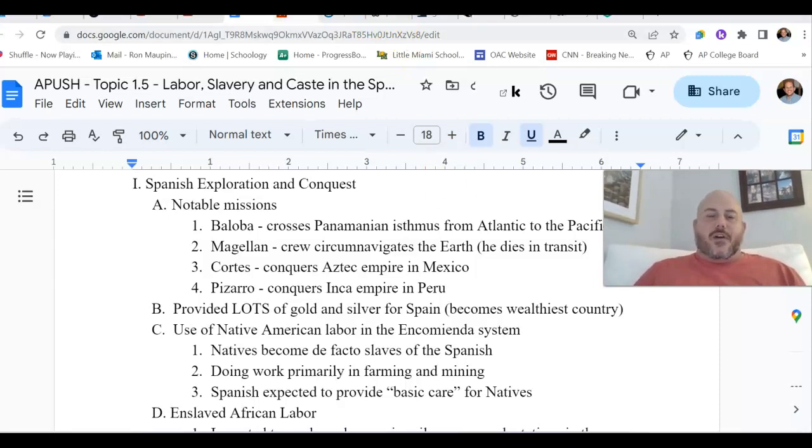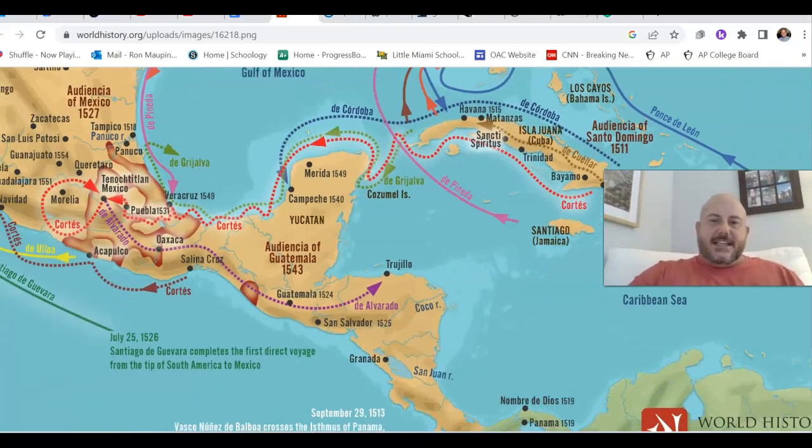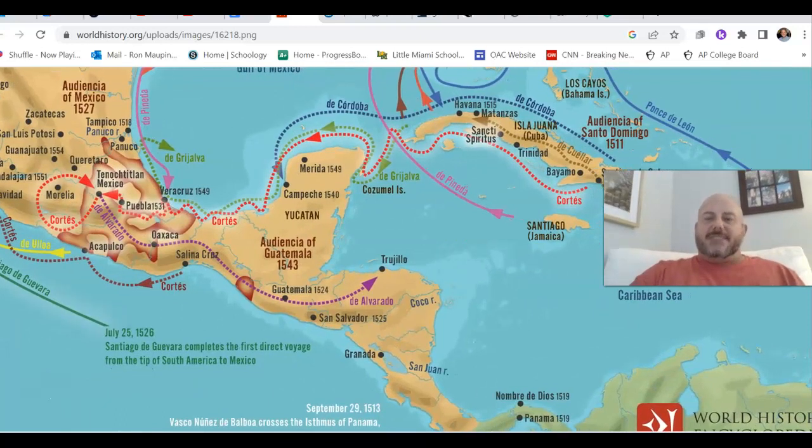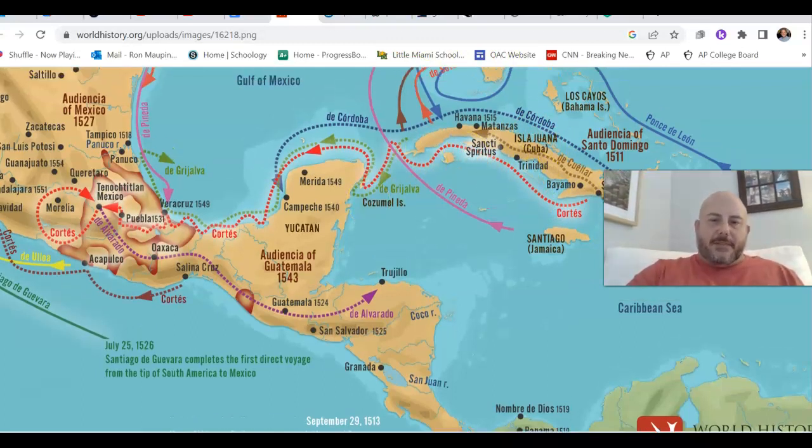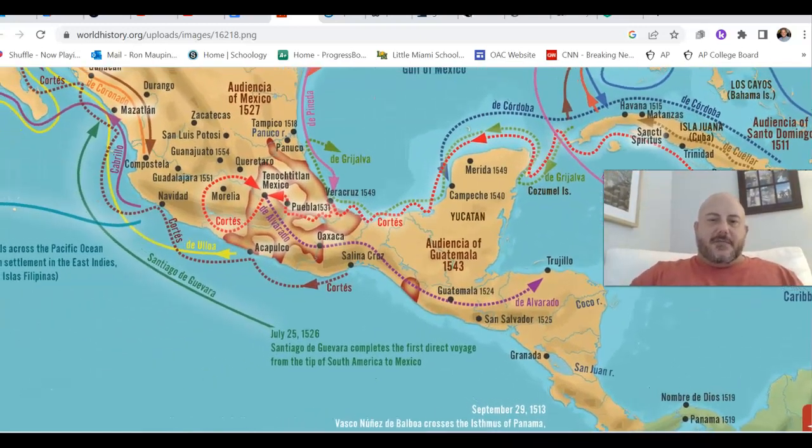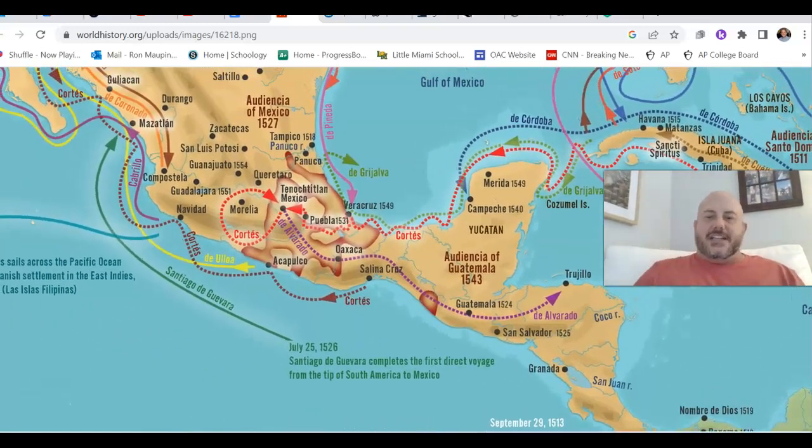And if you look at the work of Cortez, he is going to be expanding on Columbus's work here in the Caribbean, bouncing around the southern coast of Cuba, but much more importantly, much more infamously, is going to be his endeavors into what is eventually modern-day Mexico. As you can see here on the red dotted line, he will eventually make his way to what we call Tenochtitlan by the native Aztecs, led by Montezuma at the time.